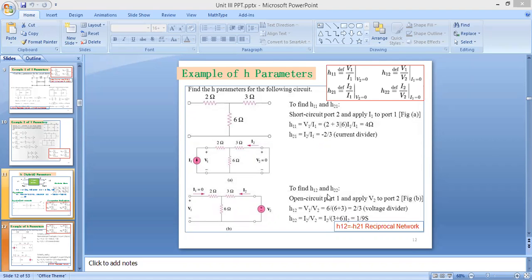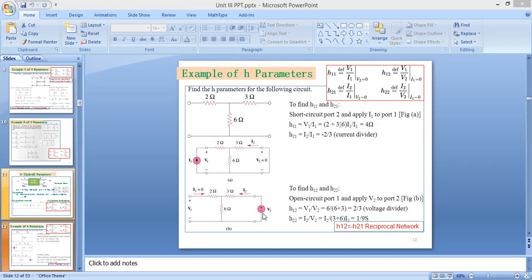And when we are calculating H12 and H22, we are supposed to make port 1 as an open circuit. So we are considering this circuit open circuit. तो हमें ये resistor consider करने की जरूरत नहीं है. We are supposed to consider only these two resistors. So we know H12 का formula क्या है हमारे पास, V1 upon V2. So you are not having the value of V1 and V2, but you can write in the form of current. I1 into R. R का resistance क्या है यहाँ पे 6 upon V2 total.